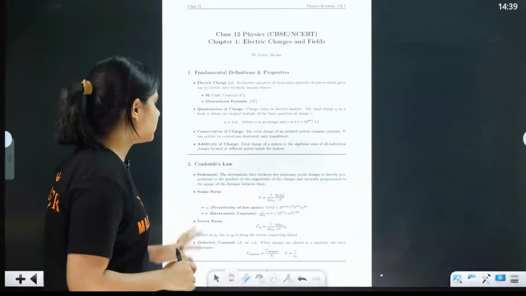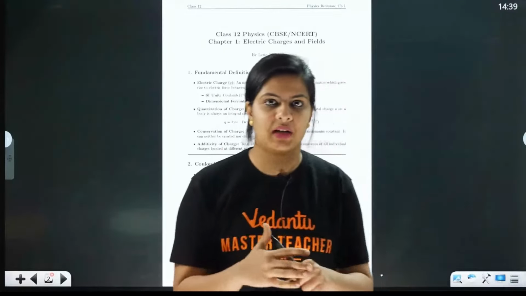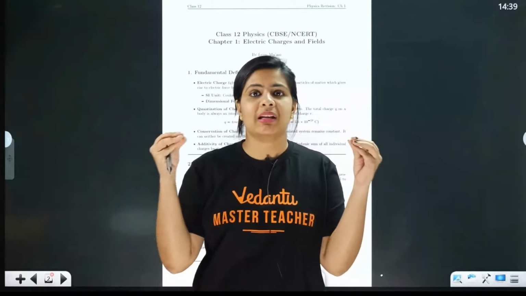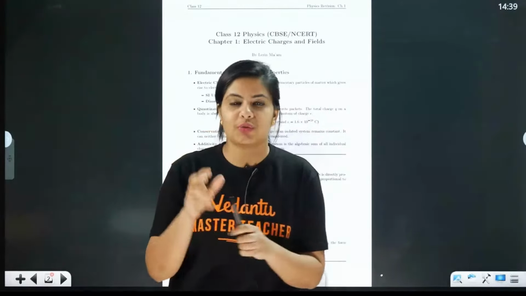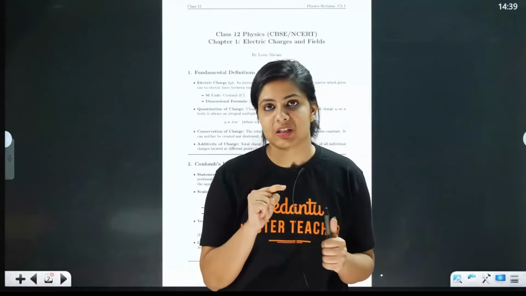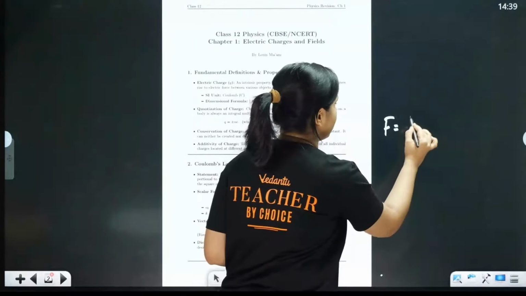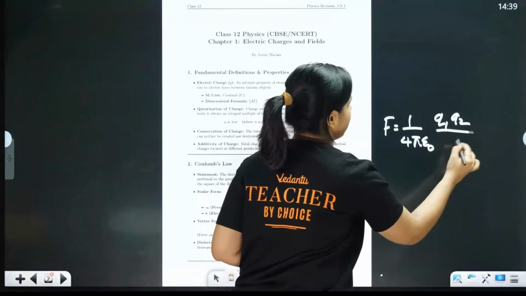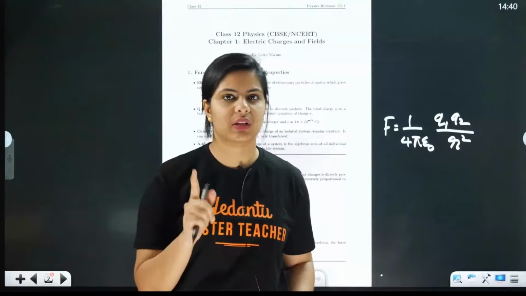Next, Coulomb's law. What is Coulomb's law? The law is important, and you should know the mathematical form as well. Two charges separated by a distance r, then there will be an electrostatic force between them and the force is directly proportional to the product of the charges and inversely proportional to the square of the distance between them, and that is F is equal to 1 by 4 epsilon naught Q1 Q2 divided by R square. You should know the expression, otherwise problems become difficult.